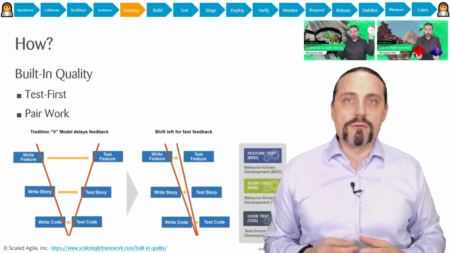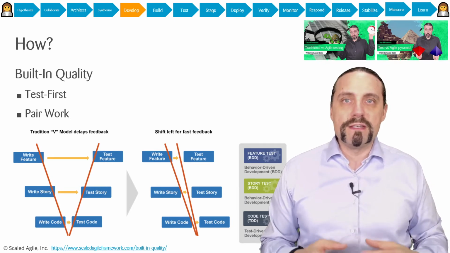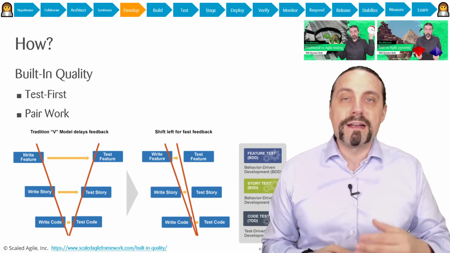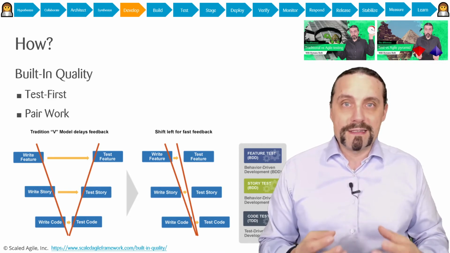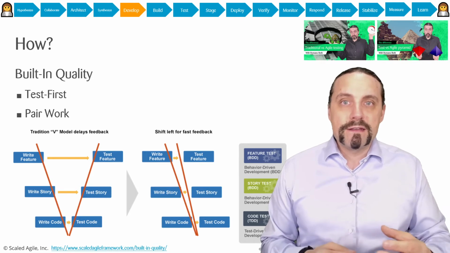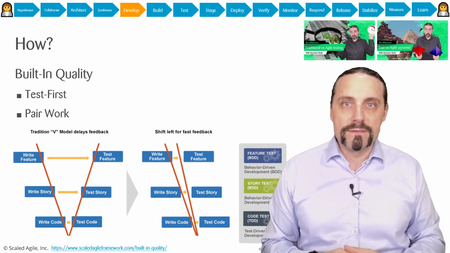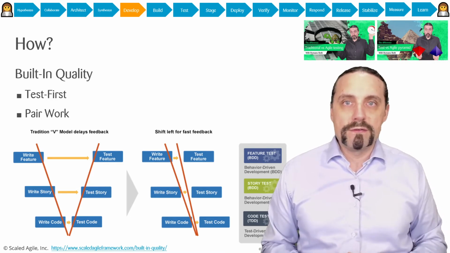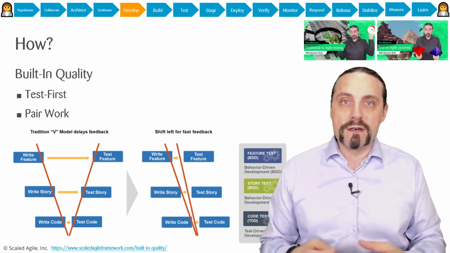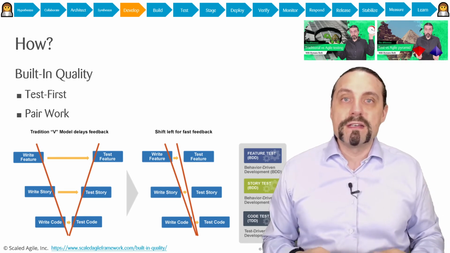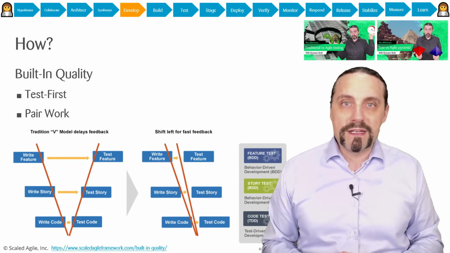We want to build in quality right from the beginning. That's why we use the test-first approach. We use test-driven development. We write the tests first. And we also use behavior-driven development for writing the acceptance criteria in the given-when-then form so that we directly have an executable specification. We also use pair work, which means that we do, for example, pair programming. So two persons are working together on a user story, which heavily improves the quality and also the speed while implementing such